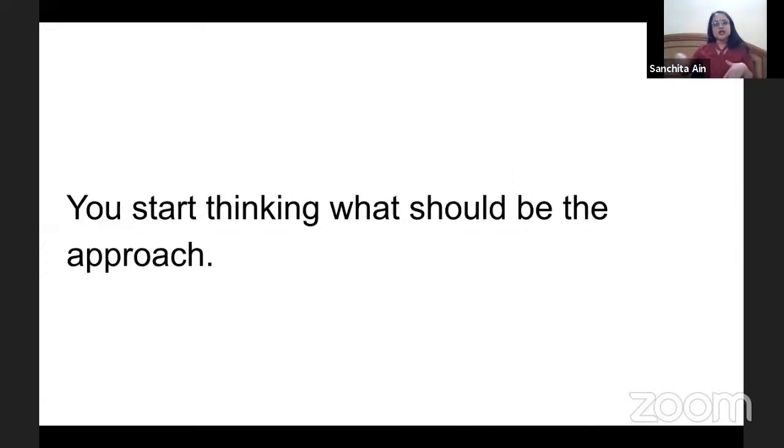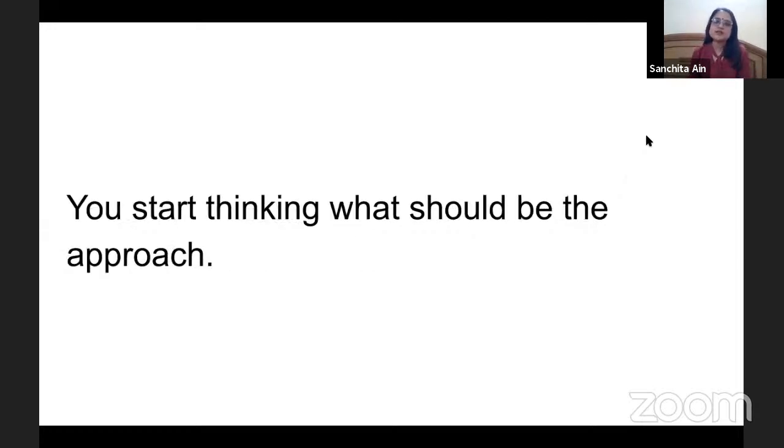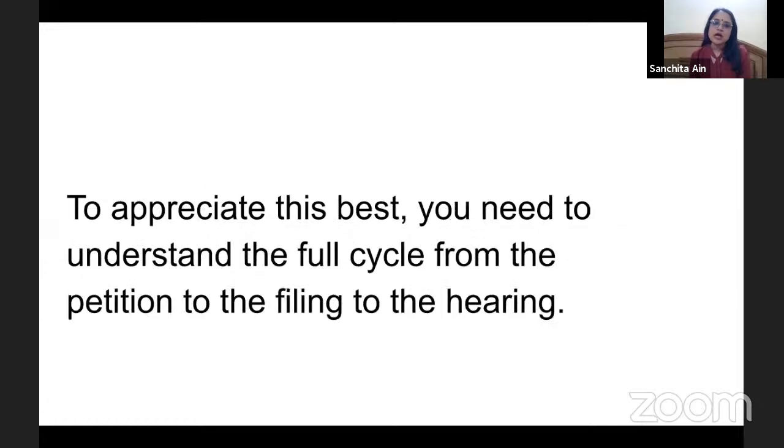You will then be asked by the judge, okay, what is there in this case? But you need to do your own thinking and understand and anticipate what the judge will be thinking on it, and then compare. So if you're getting into a law clerkship, if you use it in this manner, then it's fruitful, otherwise it's wasted.